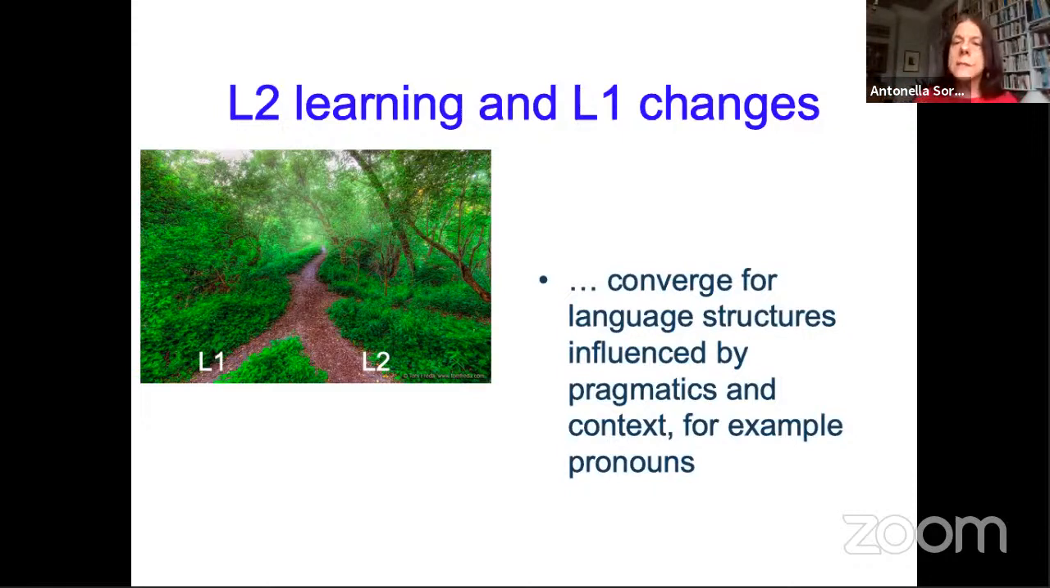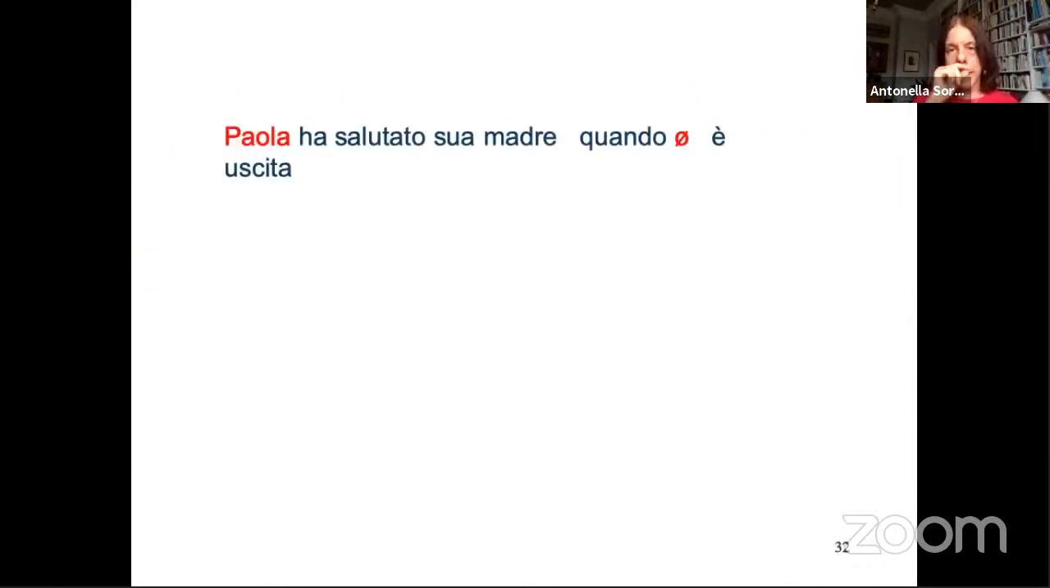The convergence that we see is in particular language structures. Not the whole of the grammar, not the grammar in its entirety, but only language structures that require a rapid integration of contextual variables or pragmatic variables. For example, the use of pronouns that we've studied extensively. So, for example,